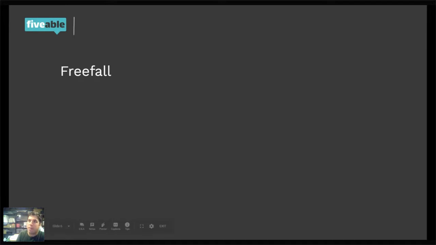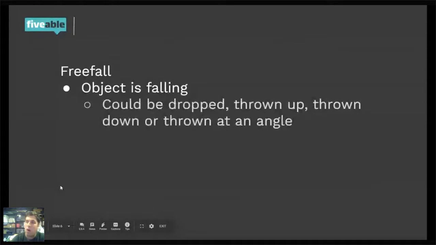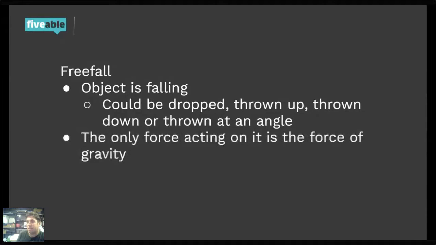And what do we mean by that? Well, pretty simple. Obviously the object's falling, and it doesn't matter what it was doing before it was falling. We could have dropped this, we could have thrown it straight up in the air, we could have thrown it down or thrown it at an angle. It's all the same basic motion here. But the big point is the only force acting on it, the only thing that's actually accelerating this object, is